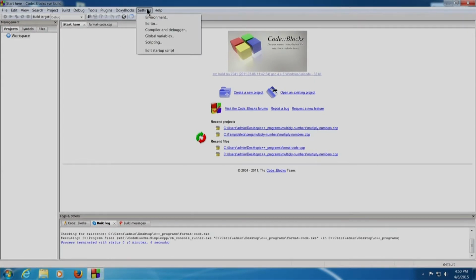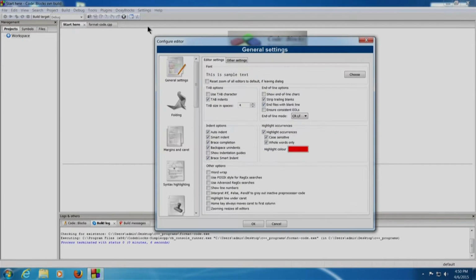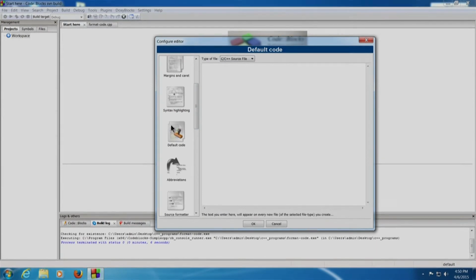We will click on settings, editor. In the left pane we will scroll down to default code. As you can see, this is a blank window in which we need to type the default code. Say for example, let us type hash include iostream